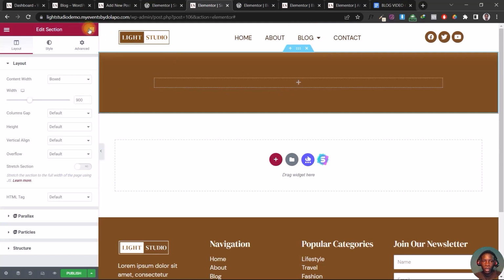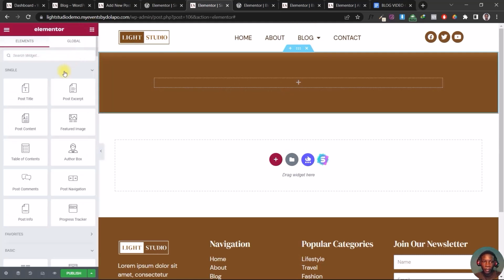So what we need to do now is to click on this bar here. Then we'll see this in a single. So all these widgets you see here are related to a single post page. And you're seeing this because we have the Elementor Pro page builder plugin installed. Okay, so the elements which we want to drag into this space now is